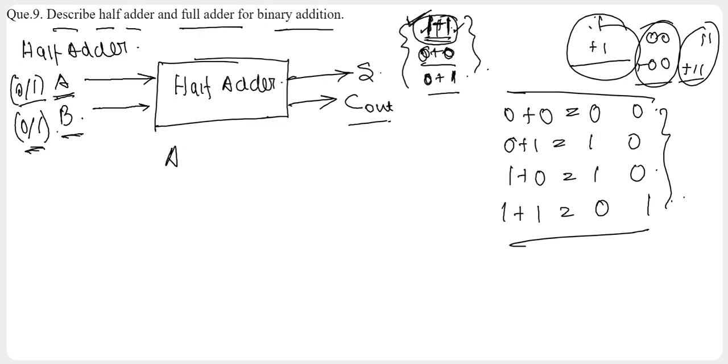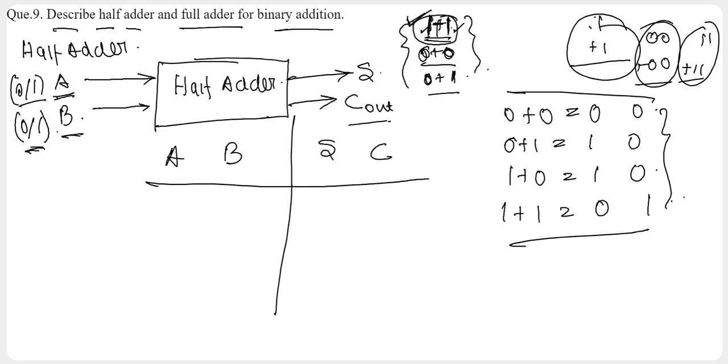Okay, so the two inputs are A, B, and the outputs are sum and carry. So let us draw the truth table for it. So A, B, as I have said, are both 1 bit numbers. So the combinations of A and B can be: A can be 0, B can be 0; A can be 0, B can be 1; A can be 1, B can be 0; or A can be 1 and B can be 1. And if we add A and B,